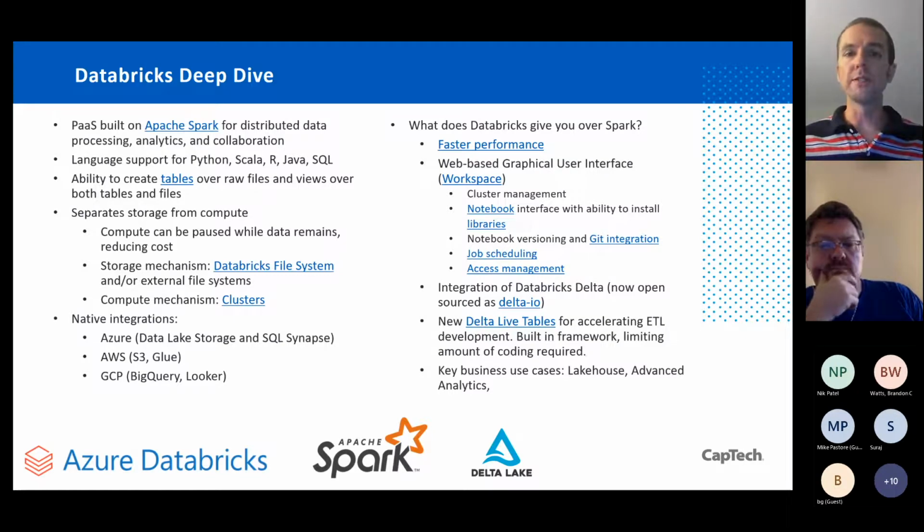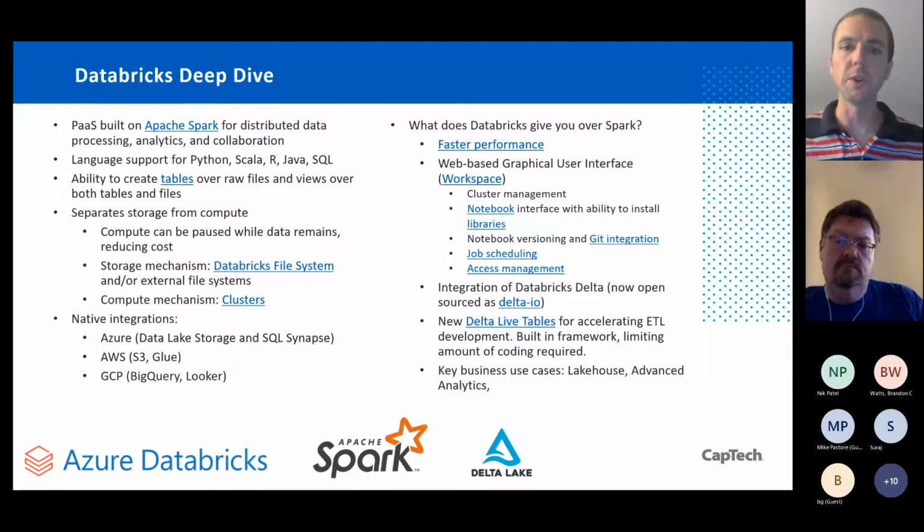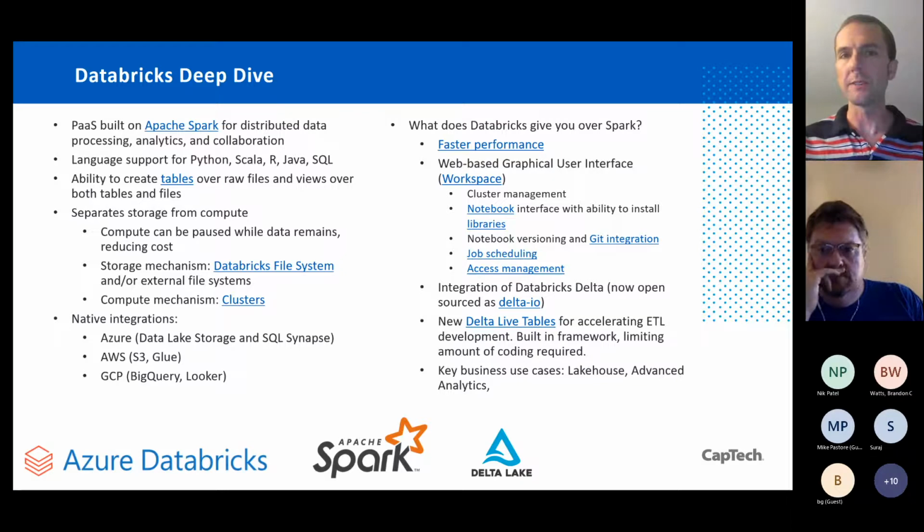So what does Databricks give you over native Spark? Just a little history. Databricks was started by the folks that basically created the Apache Spark framework, and they open sourced it, but then they wanted to make money and offer more infrastructure as a service on their own. So creating a PaaS offering. So they are a for-profit company, but they do contribute code to the open source community, which brings me to the Delta Lake thing. Like I said, that's the ability to have these tables that allow for CRUD operations on your Parquet files. They actually open source that as well. And so you can use the Delta IO without having to pay for the full Databricks PaaS offering, which is great and nice of them to do.